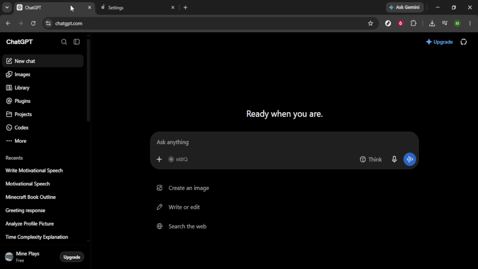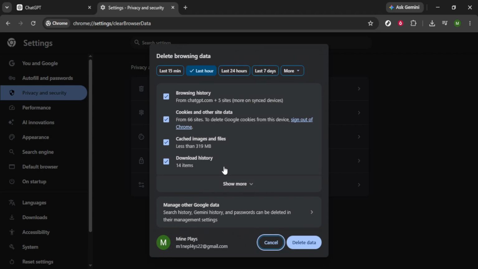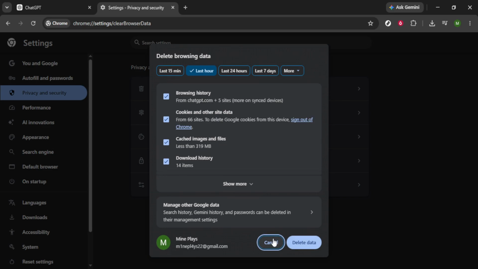In the overlay panel that appears, I need to make sure that the time range is set to All Time. Then, I'll confirm that the boxes for browsing history, cookies, and cached images are all selected. Once I've double-checked everything, I will click on the blue Delete Data button at the bottom. The system will process that deletion, and I'll see a small confirmation bubble pop up in the bottom left corner